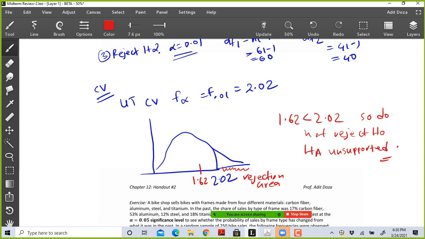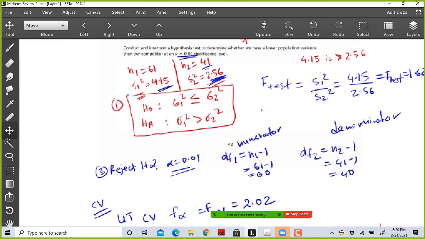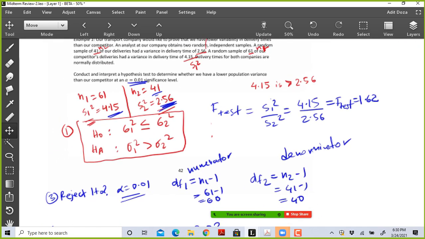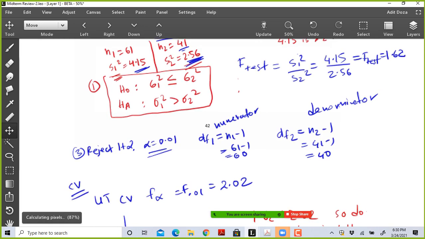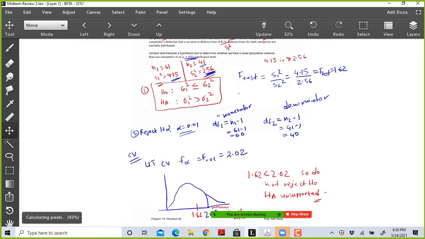So if that's the case, then we cannot say that our variance is less than them. So we cannot say that because HA is unsupported. So that's the interpretation. So I will give a similar question in the exam,